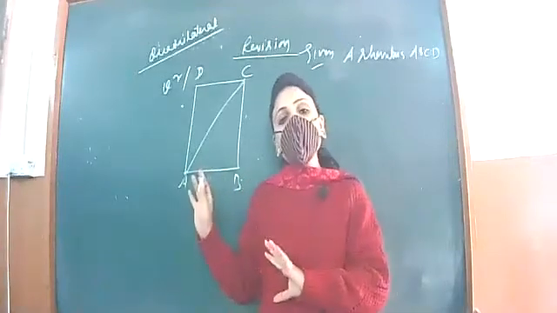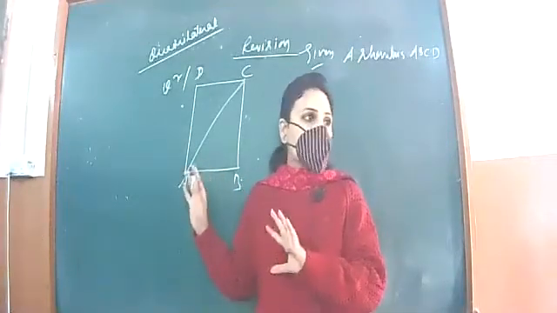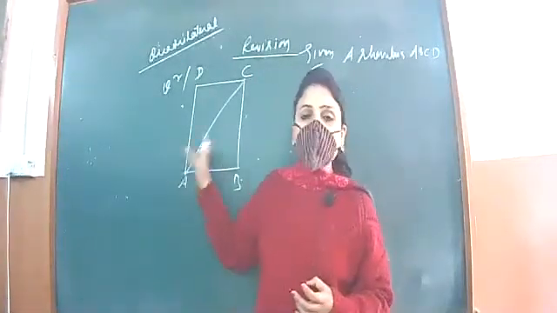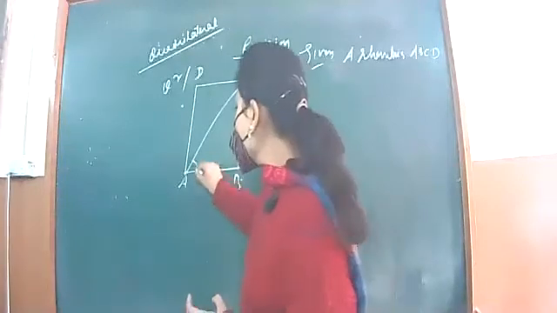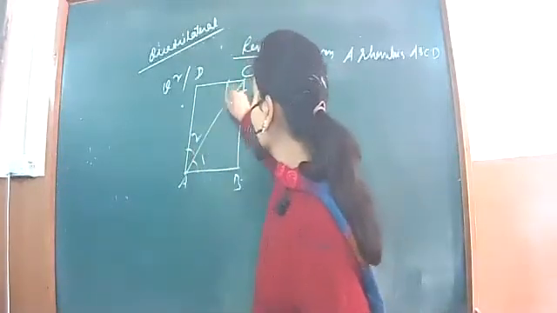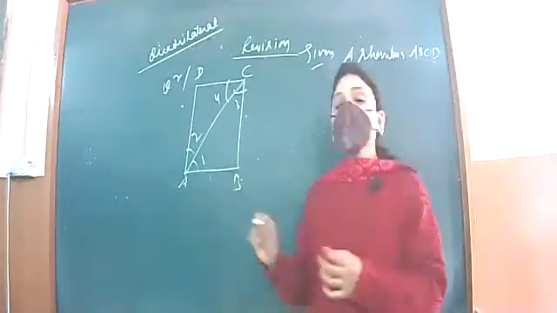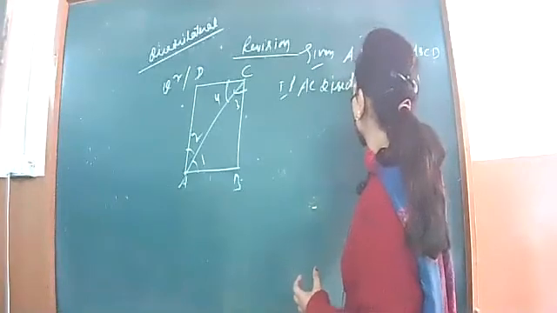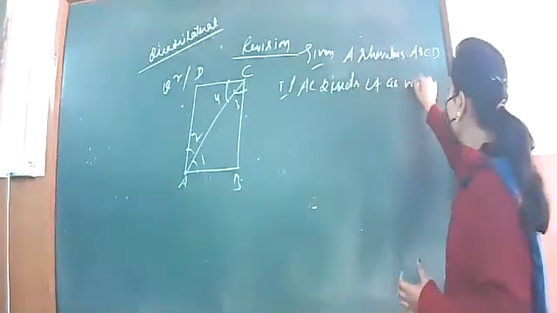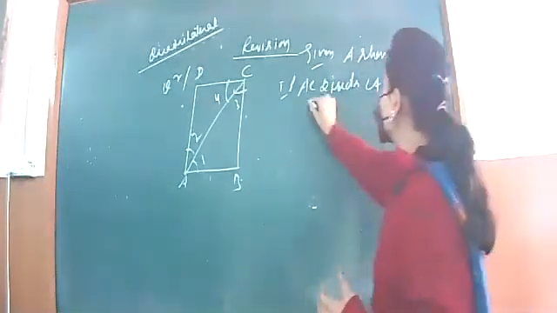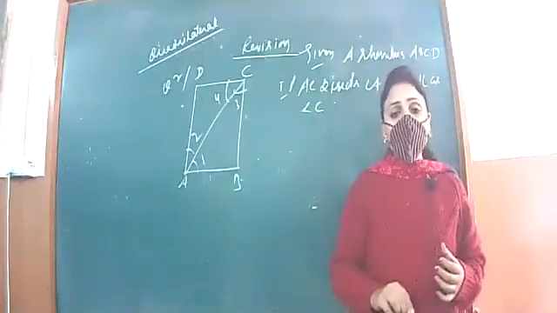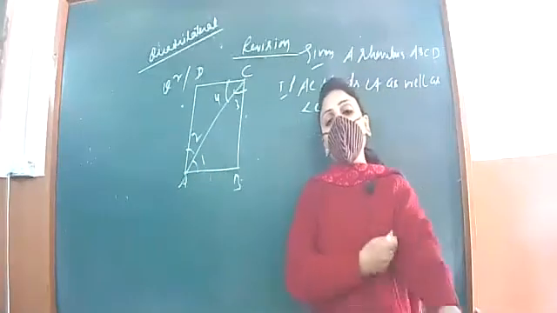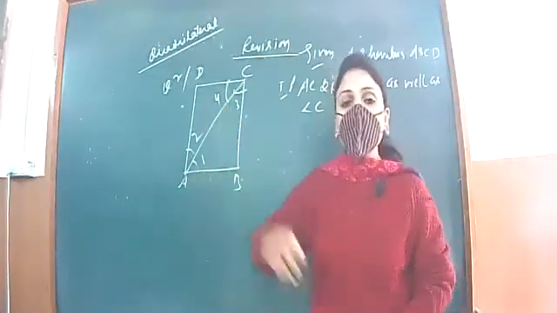So firstly I am making a single diagonal AC. Afterwards you can do it for BD yourself, right? We can say that AC bisects angle A as well as angle C if angle 1 is equal to angle 2 and angle 3 is equal to angle 4. So our purpose is to prove angle 1 is equal to angle 2 and angle 3 is equal to angle 4.